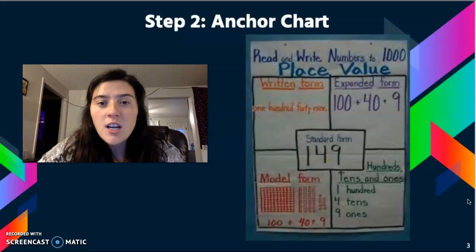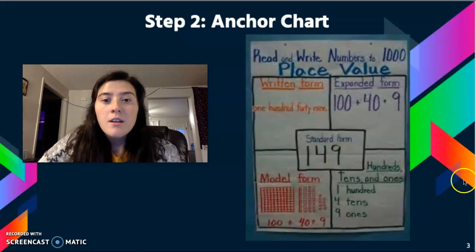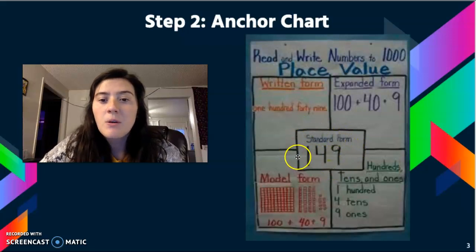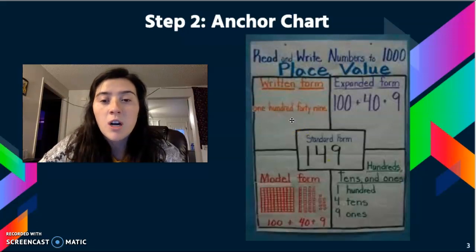So with the anchor chart, I'm going to explain 4 ways you can write words and with place values so you can get a better understanding. So let's begin. So the first one that you could do, standard form, is just writing the number. So 149 is your standard form. The written form is if you were to write out each number using the words. So the written form is